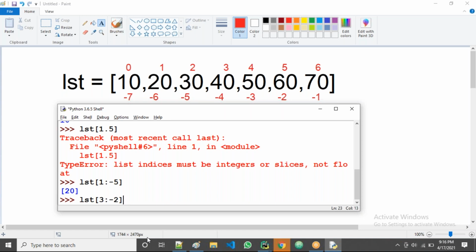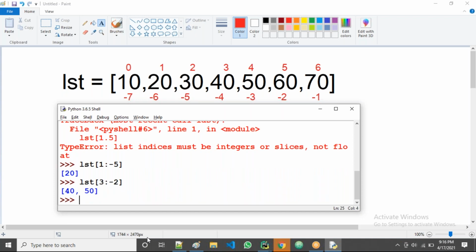The output is a list like this. What is the output now? All of you reply. Yes. So it is list of 40, 50, right? Very good.